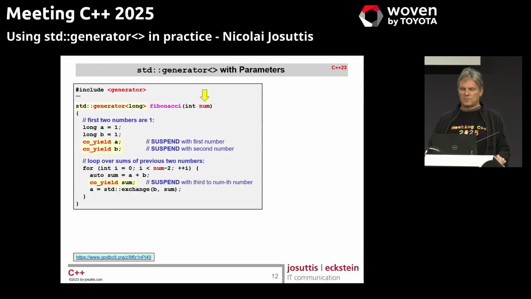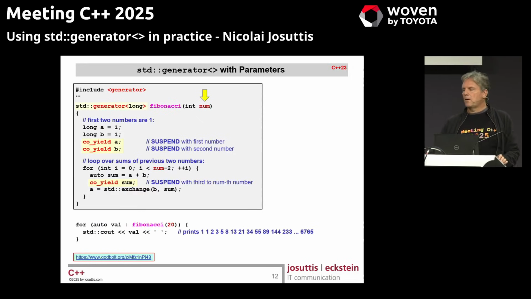Everything else is as before. That means we can now iterate over all Fibonacci numbers, over the first 20 Fibonacci numbers, and print them out just by calling Fibonacci with this parameter. And in case you want to stop somewhere, you might argue, but what if the number is